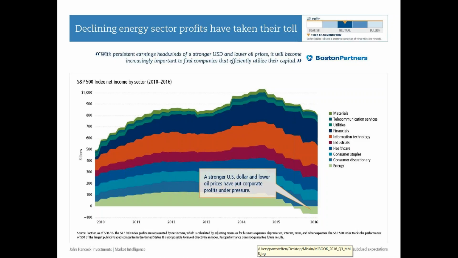And the energy sector was making about $100 billion in profits. The U.S. had gone through an energy renaissance. We were becoming a major player in producing oil. And what happened was, when oil collapsed at the end of 2014, energy companies started to lose money. And just now, they're losing about $70 billion a year in profits. And that's a huge swing. From making $100 billion to losing $70 billion is a big deal.